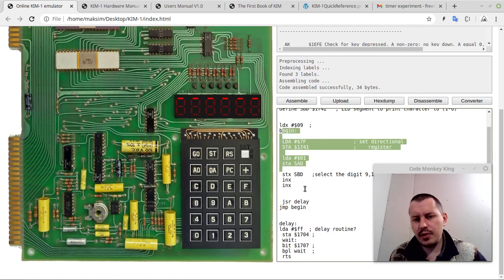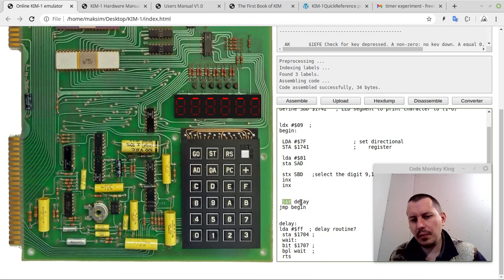Well, this part just prints the dash, so nothing special. It just prints the dash at the next digit. But here is a delay, so every loop draws a next dash here, and before writing the next dash, it jumps to this delay subroutine. So the FF is the value for a timer to count down starting from, from FF and down to 0,